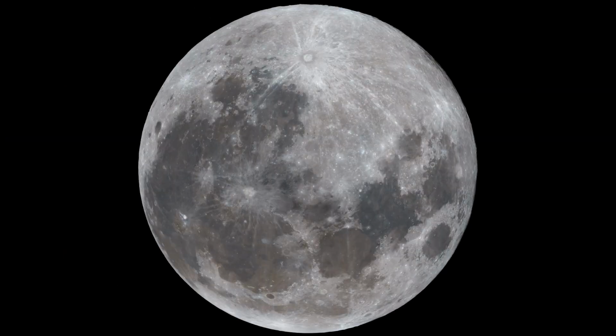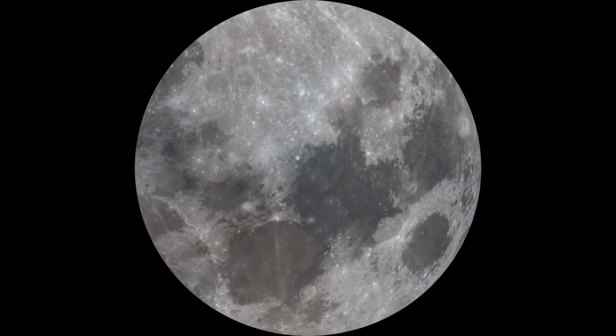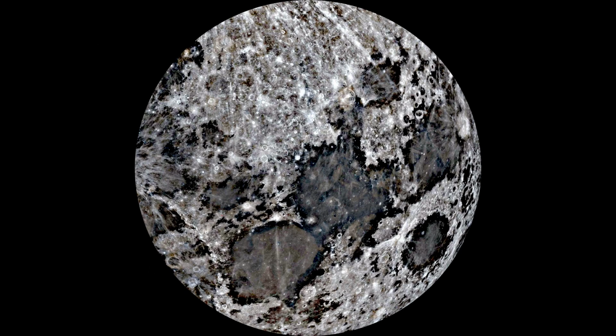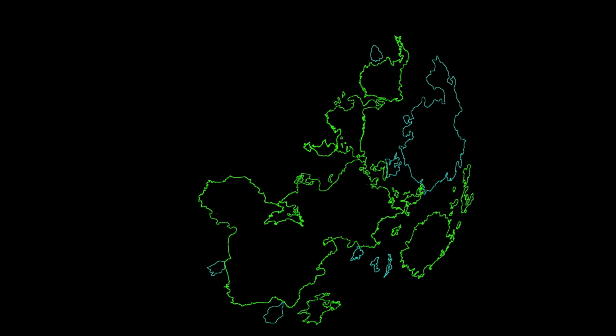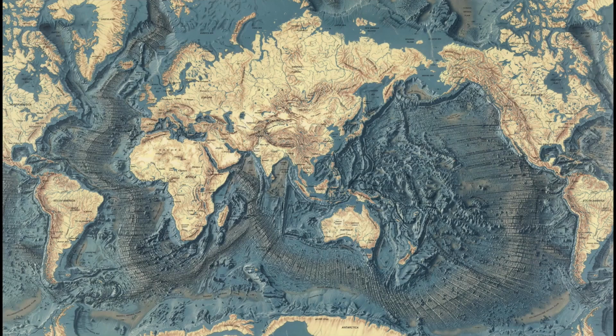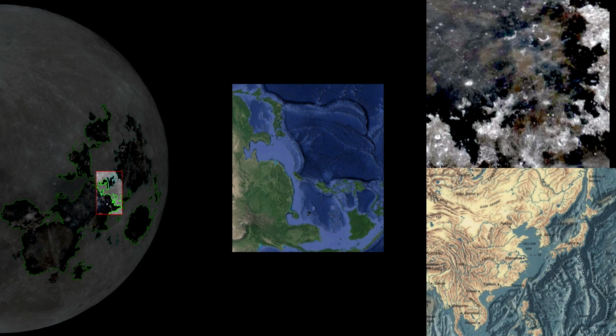Let's begin with an unmanipulated moon image. Let's ensure the accuracy of the continental outlines. Let's address the anomalies which are present in the moon image, but left out of the outline. Every one of these anomalies is present in relief maps of the Earth, which show the elevated lands underwater. Let's look at East Asia. China, Korea, Japan, Yellow Sea area.